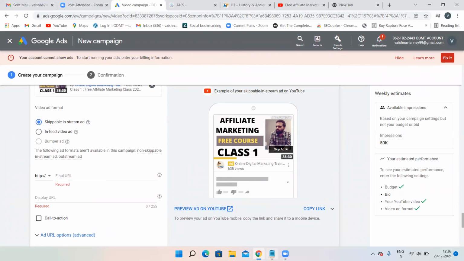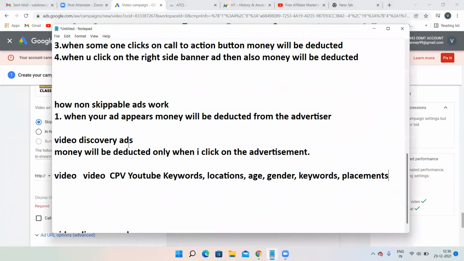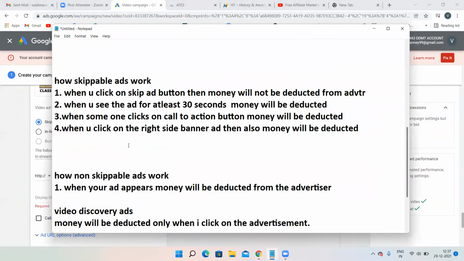What I told while explaining video discovery is how non-skippable ads work. When your ad appears, money will be deducted from the advertiser. There are two types of non-skippable ads, right? It is the 6-second ad and the 15-second ad. The 6-second ad is known as bumper ad.